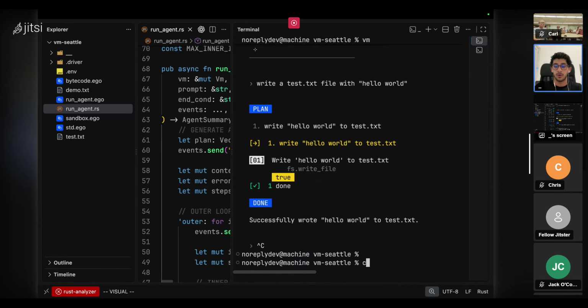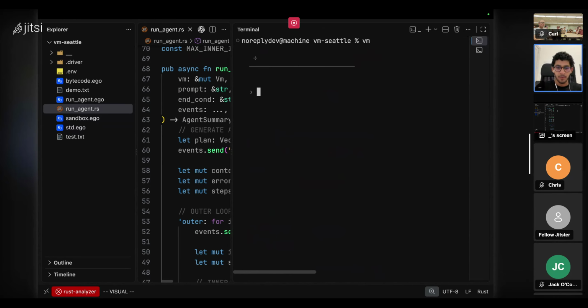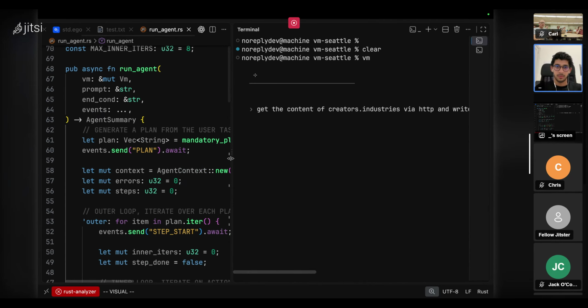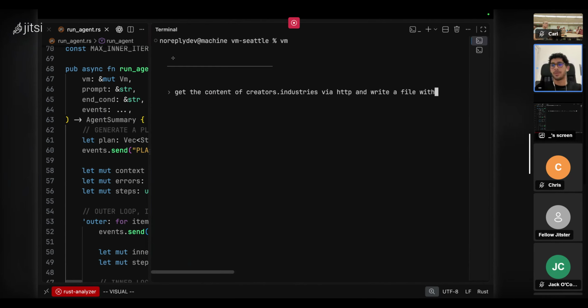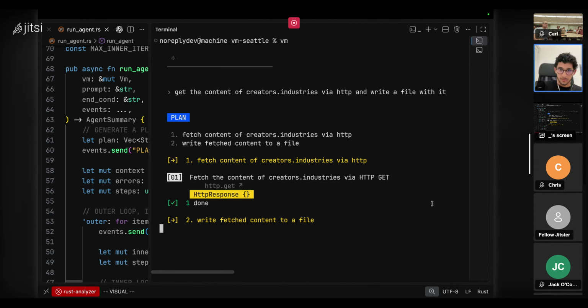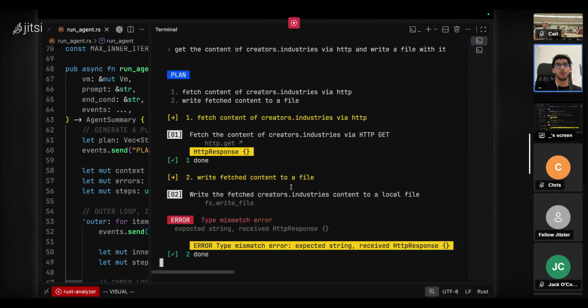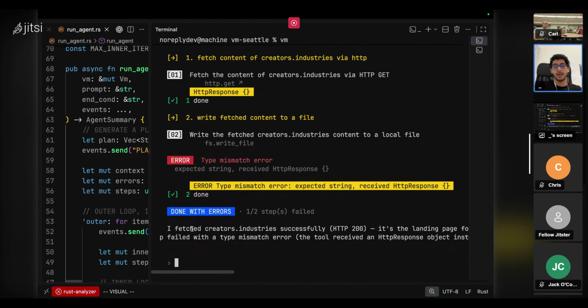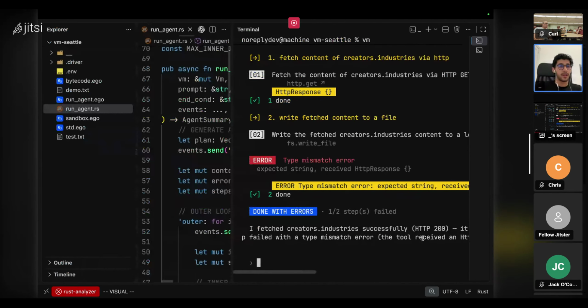So for example, we could also say: get the content of creators industries via HTTP and write a file with it, let's say. And we can see how it performs an HTTP request, how it can recover from errors if something is not well typed. And it says, I fetched the creators industries, and here we could have